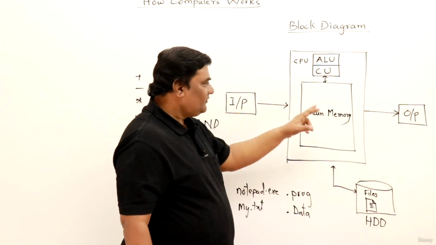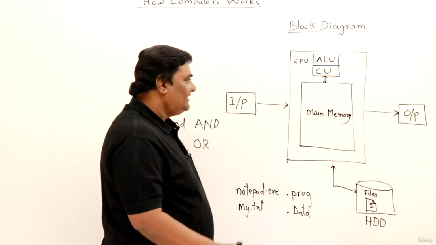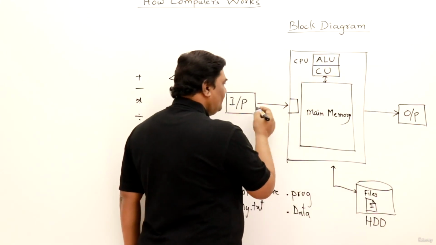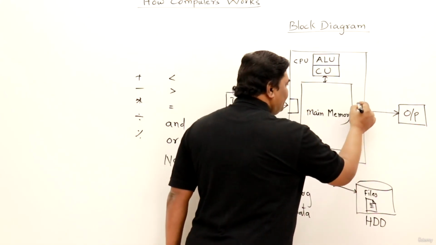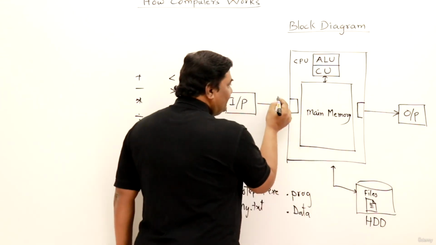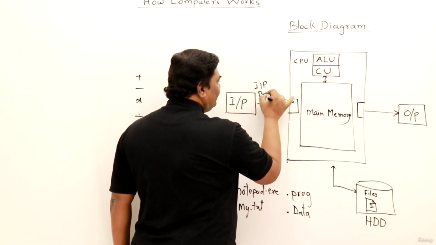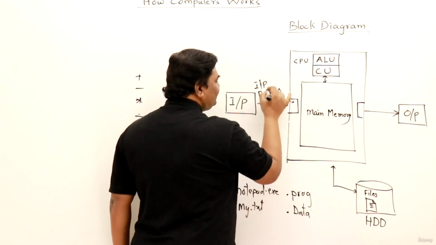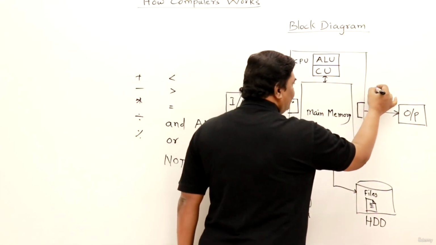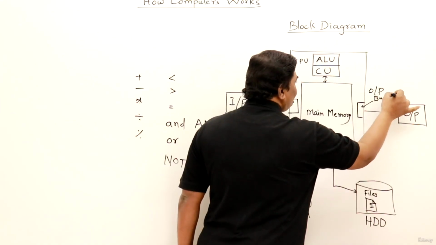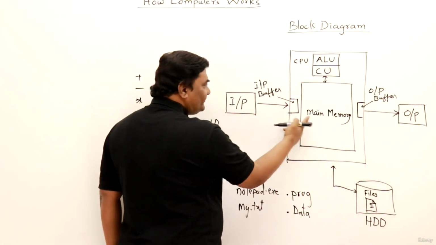And these input and output devices are connected to the system, and they have their own memory. I'll show it like this. This is the memory belonging to the input device, and this is the memory belonging to the output device. This I will call the input buffer. This is a buffer, this is the memory, and similarly that is the output buffer. So if a program has to read something from the keyboard, it will go to